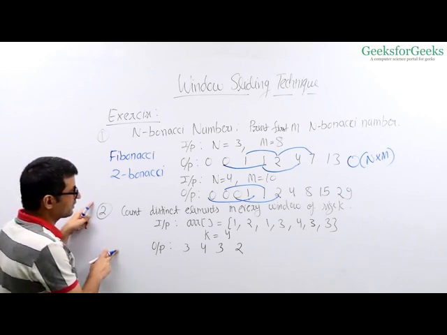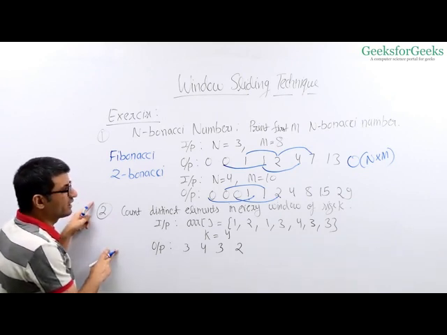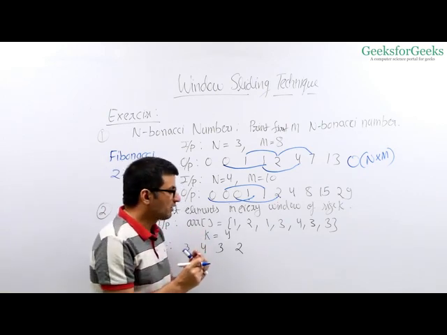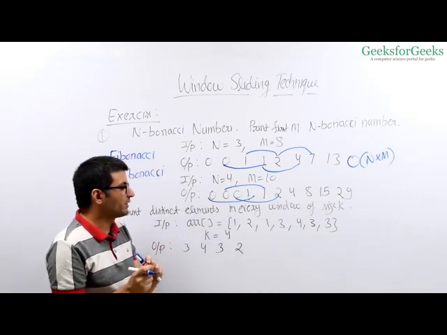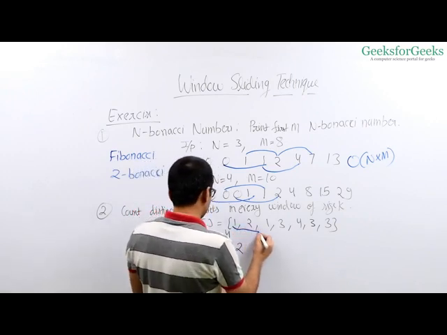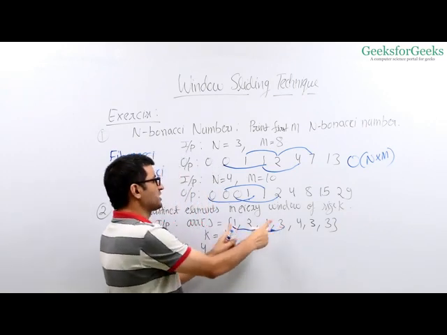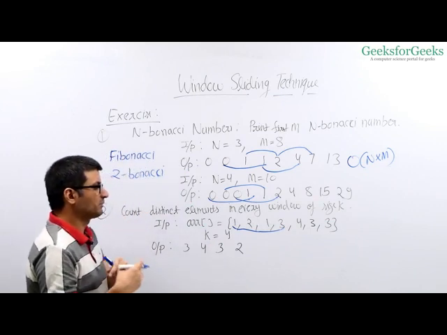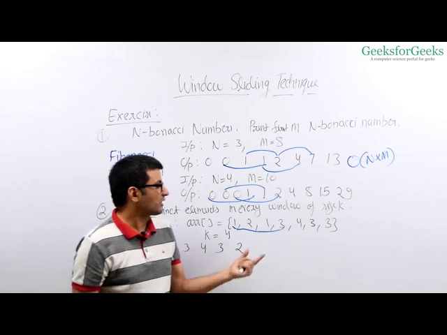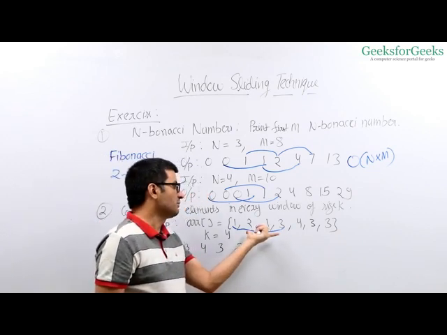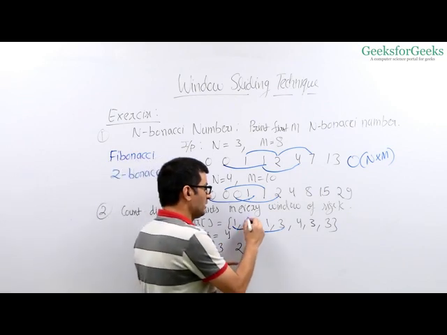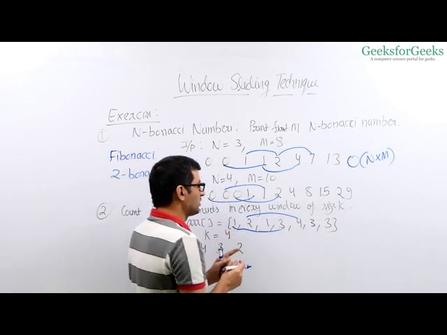The next problem is count distinct elements in every window of size k. This problem can be solved by a simple approach where we traverse through every window of size k, which is 4 here. We count distinct elements in it using some approach of counting distinct elements that we'll discuss in hashing. So for every window, I'll count distinct elements using hashing. Then I'll run the same hashing technique for the next window.